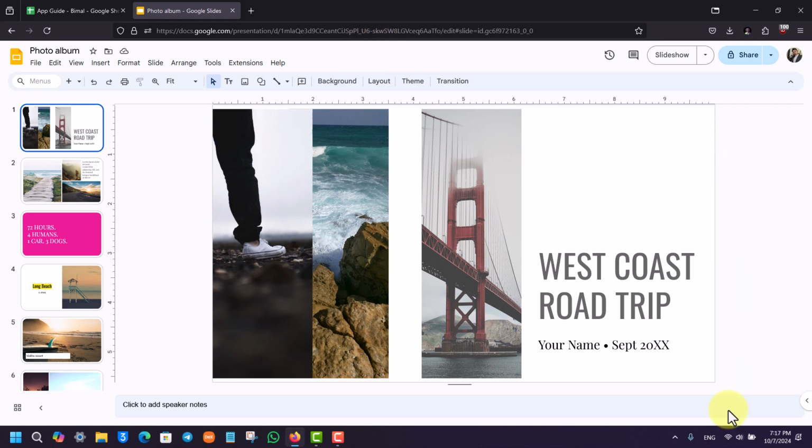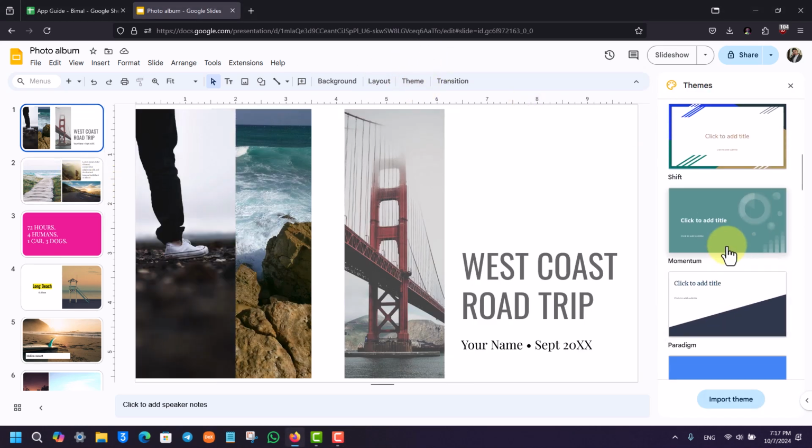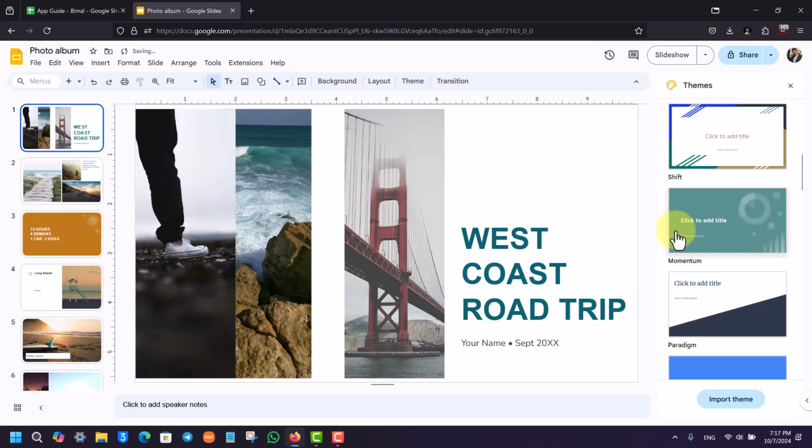Now, first you can choose one of the pre-made themes that they already offer you by default right here. On the right hand side, you should be able to see a list of themes that are available. If you want to get started with a certain theme that matches the type of presentation that you're going to build, then you can just select that. You can see the theme option right here. You can just select any themes right here that you want, and then you'll be able to change the theme